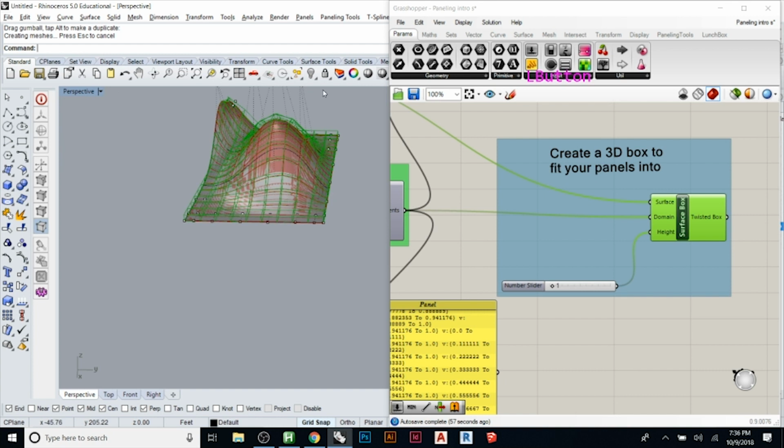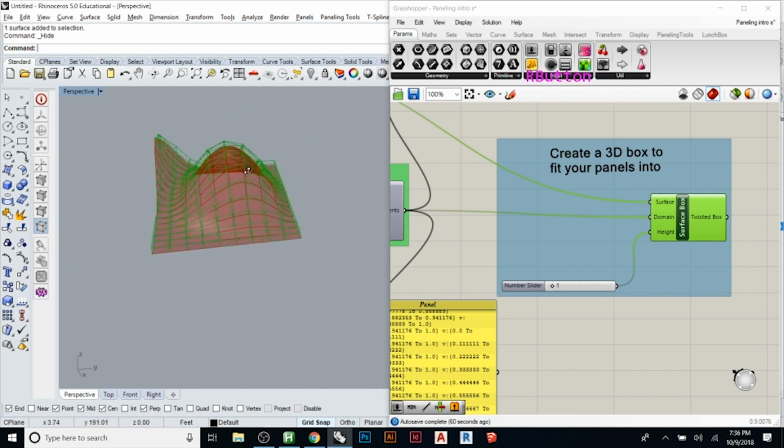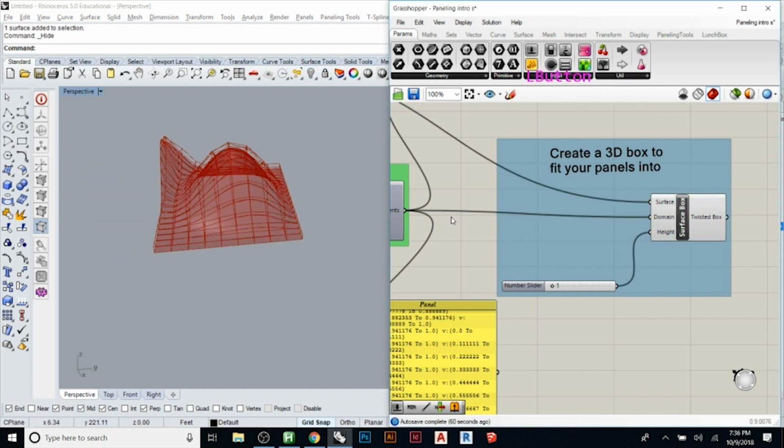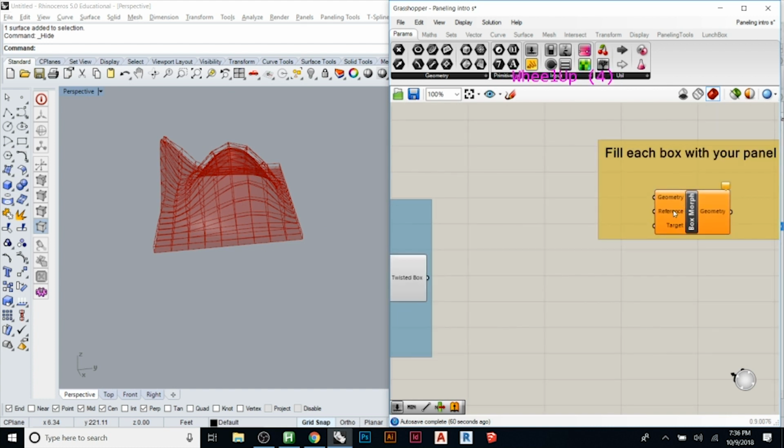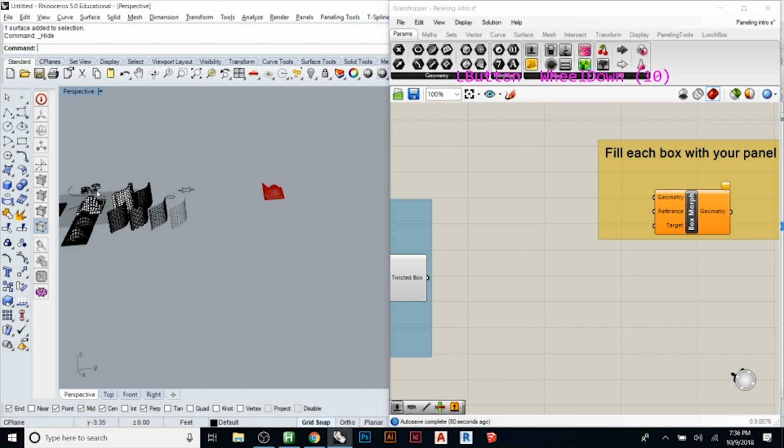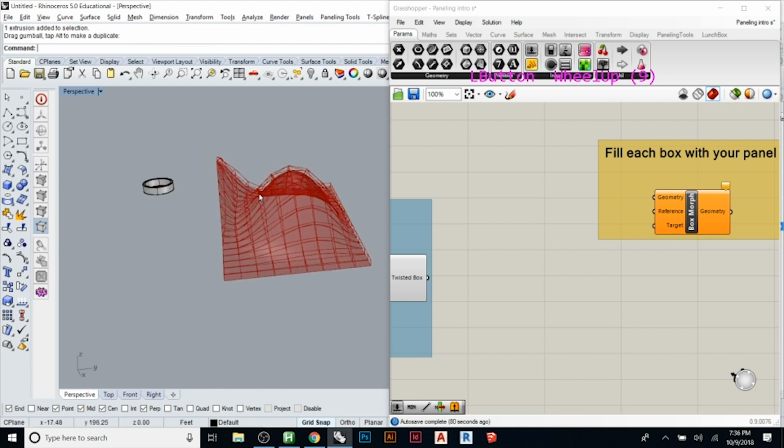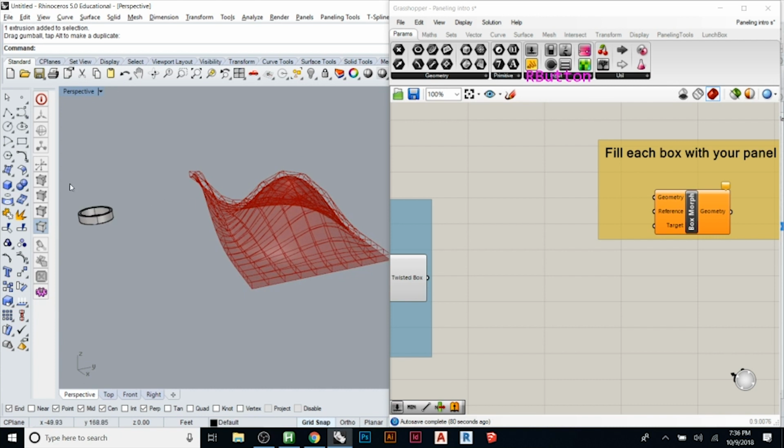And then from here, let's just hide this. We're going to use this tool, which is called Box Morph. And what that does is it will take our shape that we give it. So let's bring back our little circle guy. So I can define that